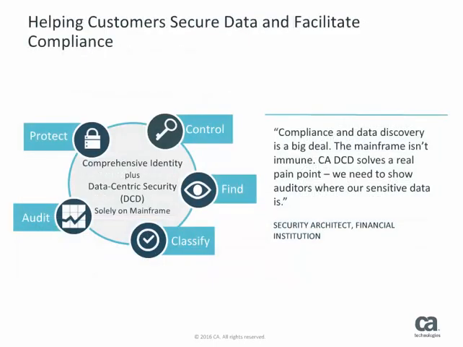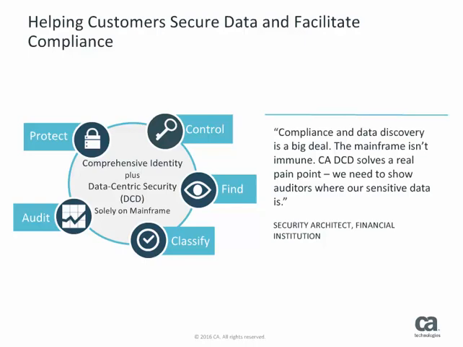Security breaches on mainframe are happening, and they can no longer be assumed or ignored. The security budget comes from outside the mainframe budget. We now have an industry-leading solution to manage data compliance: data-centric security, DCD. Organizations are interested in DCD because they need to meet compliance demands related to showing auditors proof of location and handling of sensitive and regulated data. In Broadridge's case, they had 7 years' worth of data that hadn't been accounted for, and they needed a solution to find and classify such data.